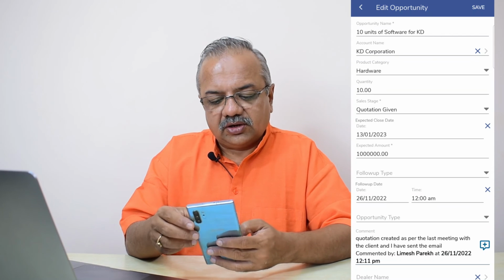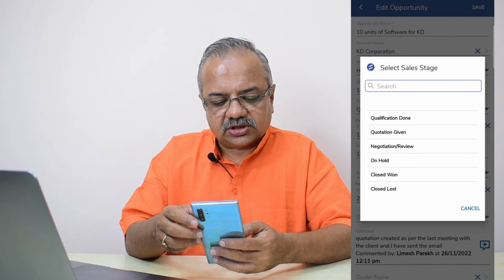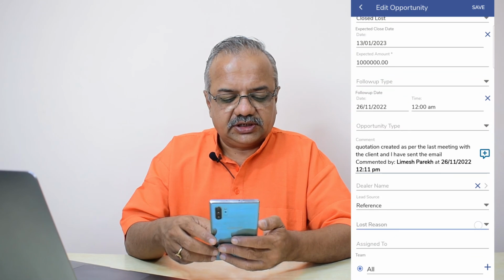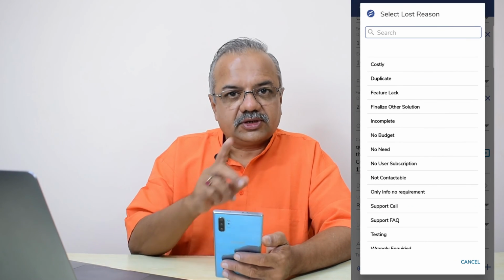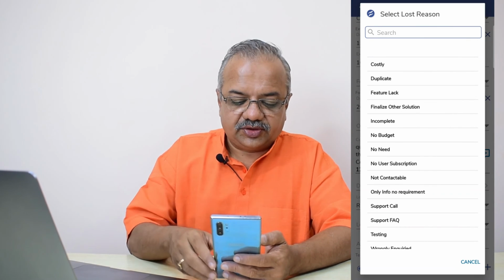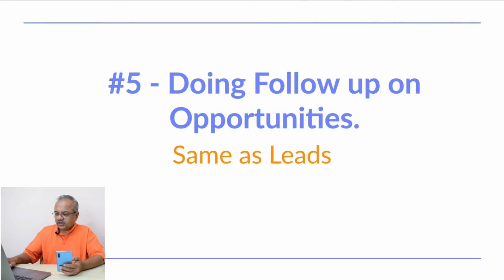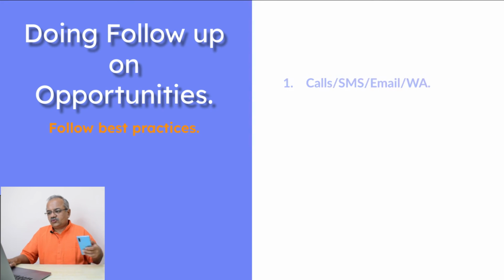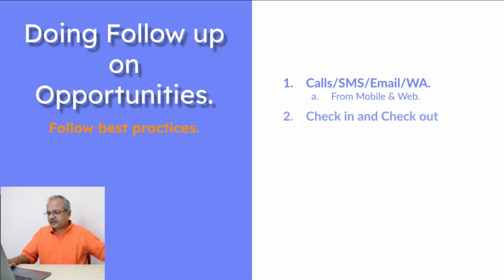close it. Let us see what happens when you make it closed lost. So when you mark as closed lost, you need to define the reason. As we have seen earlier, please do define the reason. We will not do anything right now. Let's move ahead. So we have seen the follow up, email, SMS, call, WhatsApp, check in, check out, everything is